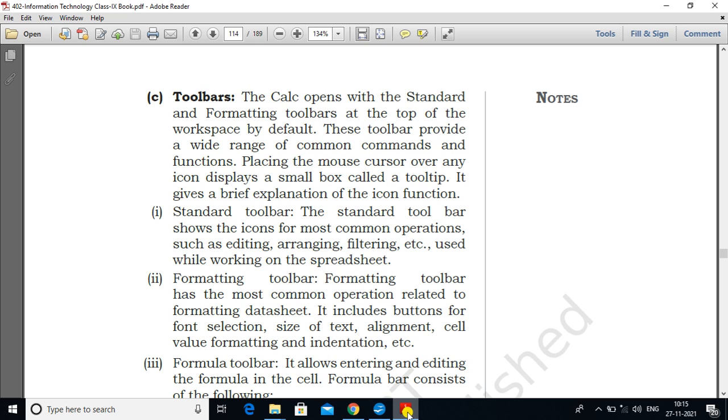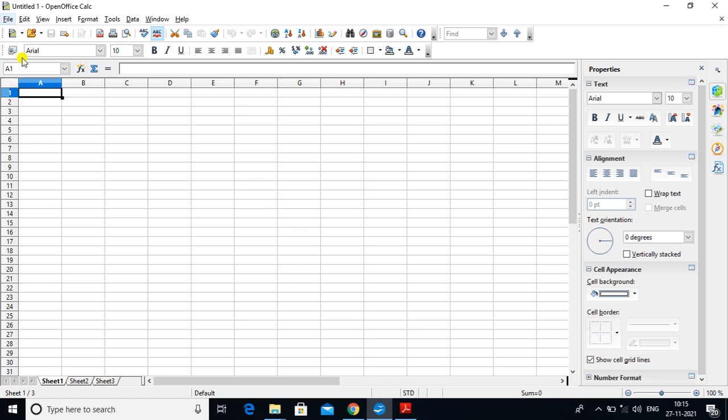So in the toolbar, what is there? This is your spreadsheet window. Already we discussed this is the title bar, this is the menu bar, and this is the toolbar, the standard toolbar.